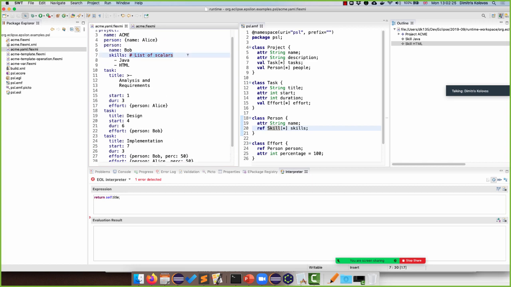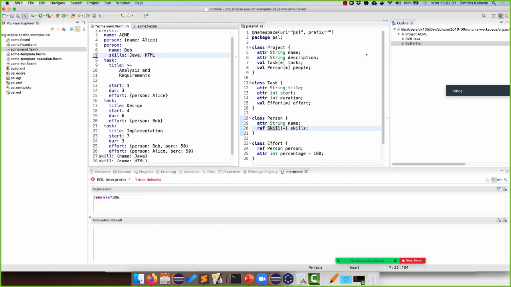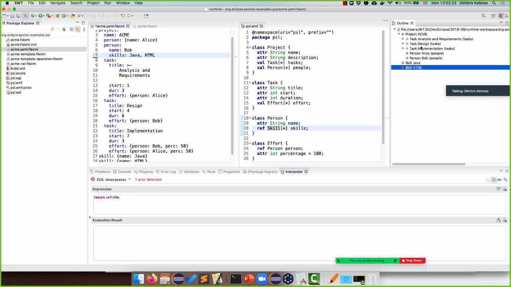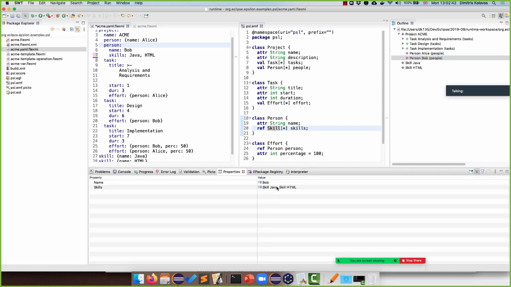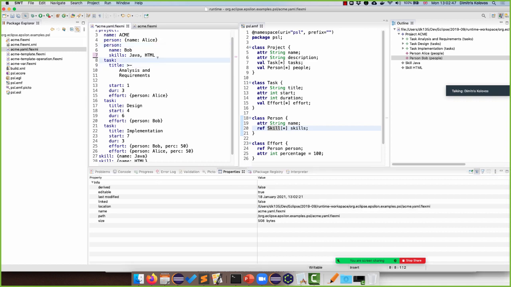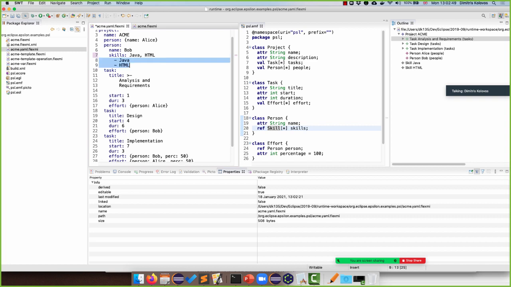I said here that this could be Java, HTML. So if we go to Bob and go to the property. Okay, that's good. But I think you've uncovered a bug here,